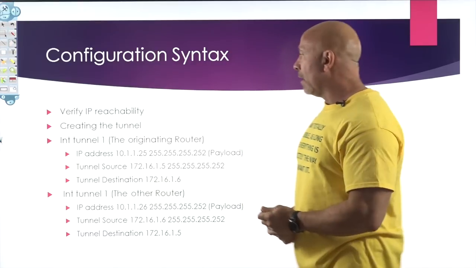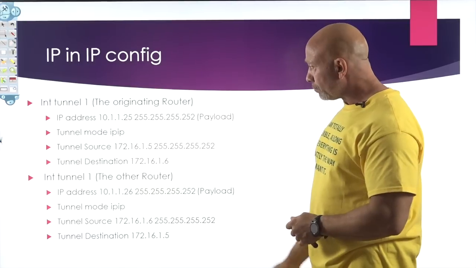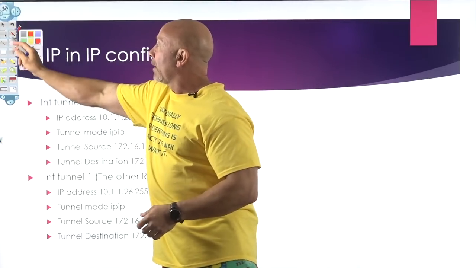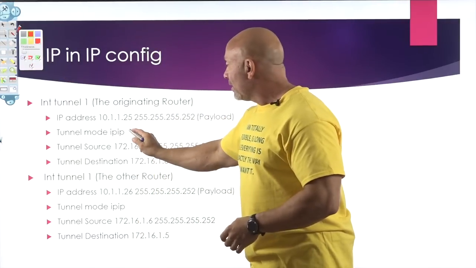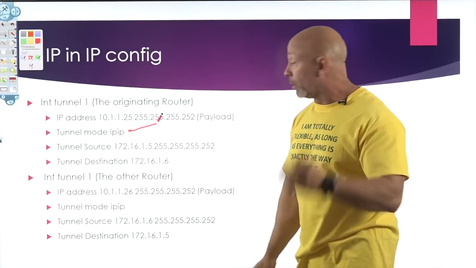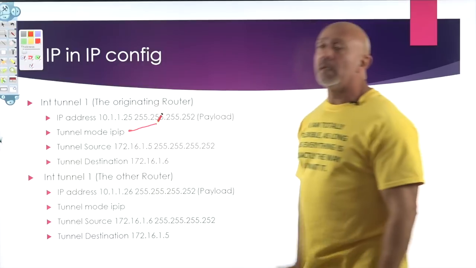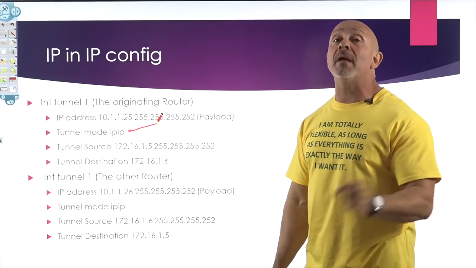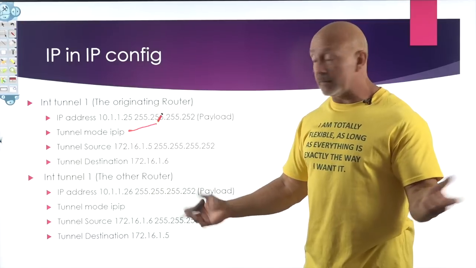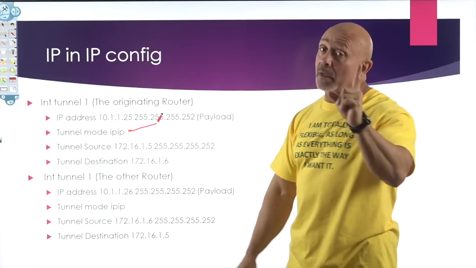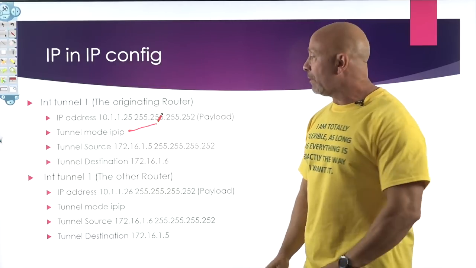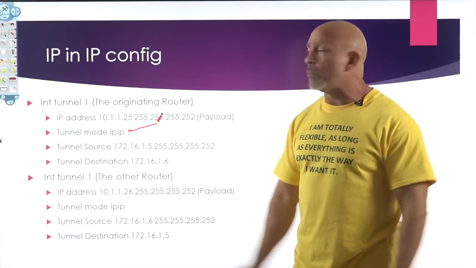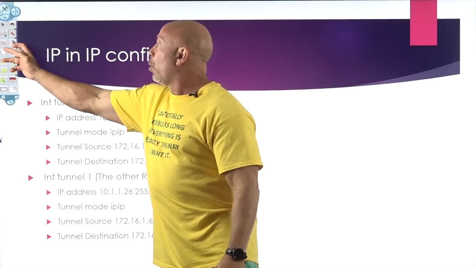All right, and we'll take a look real quick here. Here it is right here. Let me get the pencil back out so I can point it out to you. So it's already in red. This is the difference right here, besides the protocol number that I said. The tunnel mode is IP and IP instead of GRE IP, which is the default. So if you want to run IP and IP, but remember, IP and IP runs only IPv4. So keep that in mind. But the rest of it is the same. No big deal whatsoever.